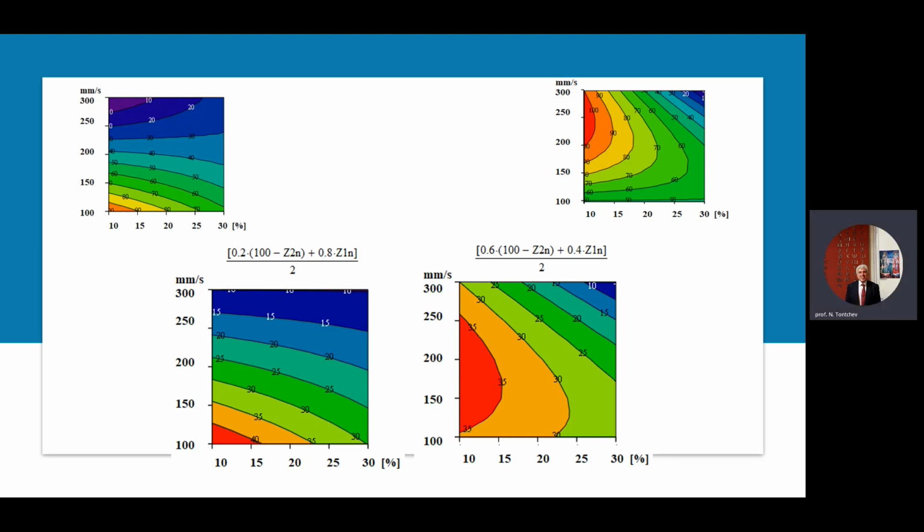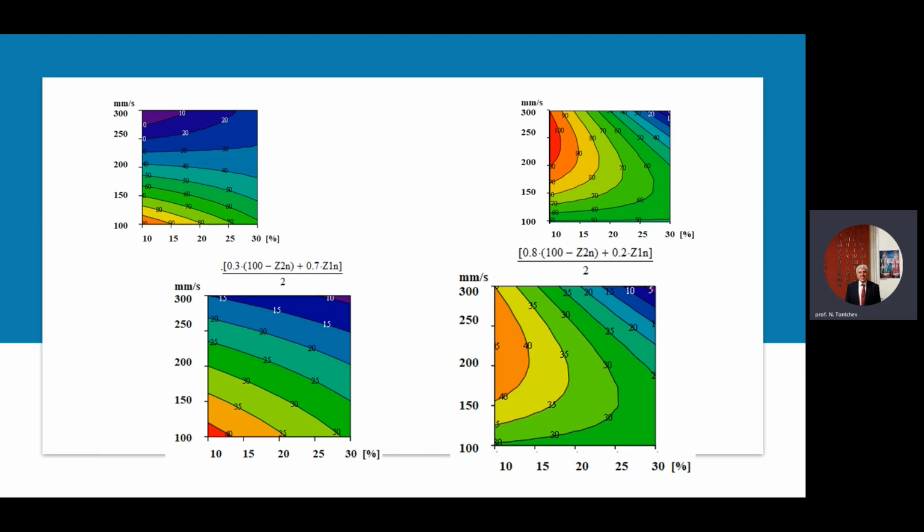Analysis of the generalized matrix confirms the logical conclusion that better quality is associated with lower beam speeds, and more productive modes require higher beam movement speeds. This is also confirmed by other weighting factors. And now, let's finish the presentation with the slide we started with. Through the optimization using moving constraints, it is possible to successfully solve multi-factor and multi-criteria problems with several iterations due to the possibility of variable step